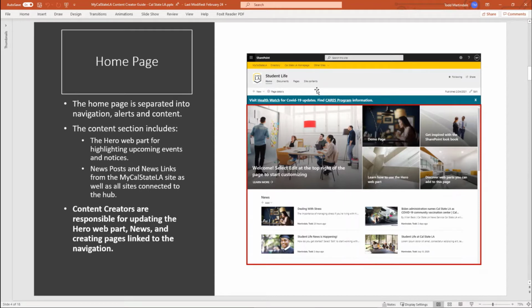One thing to note is you can dictate what will be in that menu, but you have to work with the web admin team to actually update that menu. Just the way SharePoint is, it doesn't let the content creators update that menu. So you'll have the ability to say, we want this drop down, and we want it to be targeted to these user groups or whatever you need.